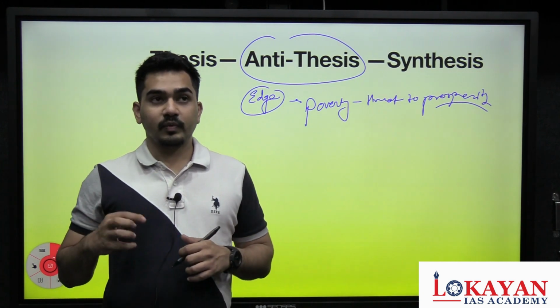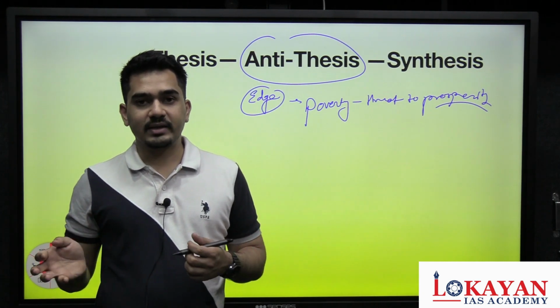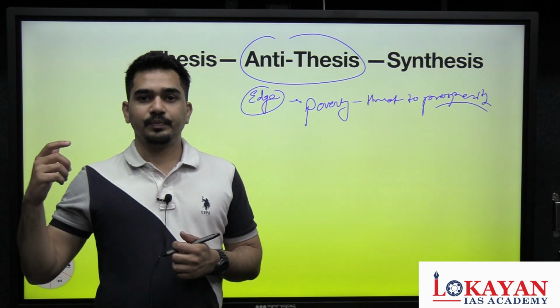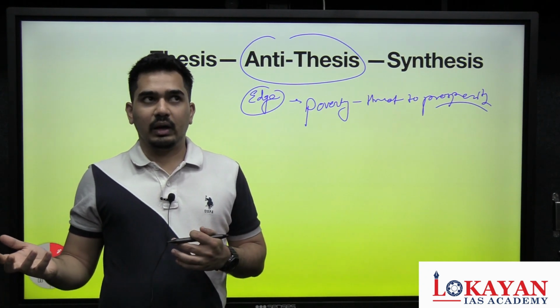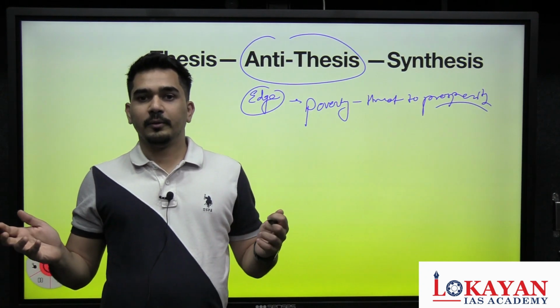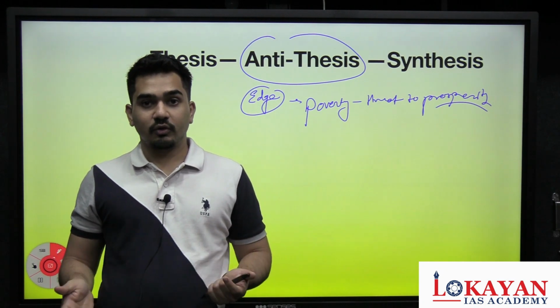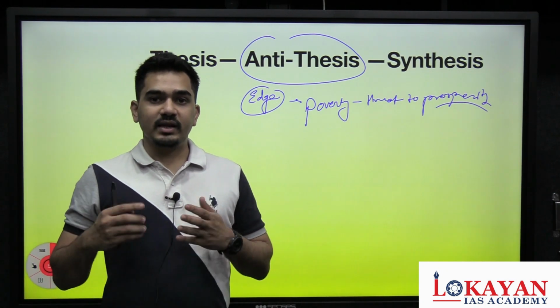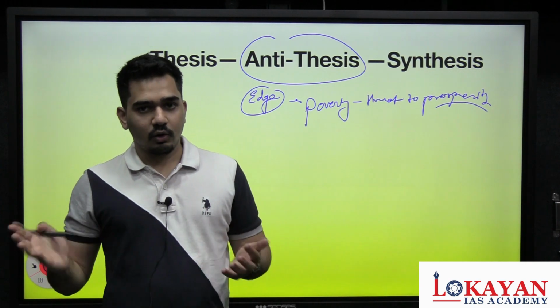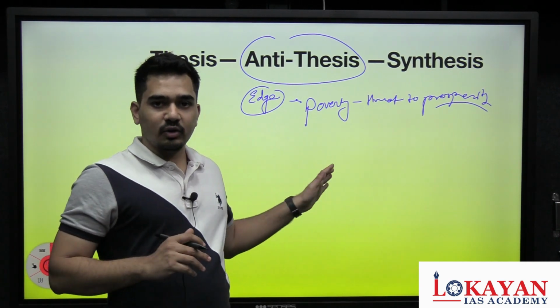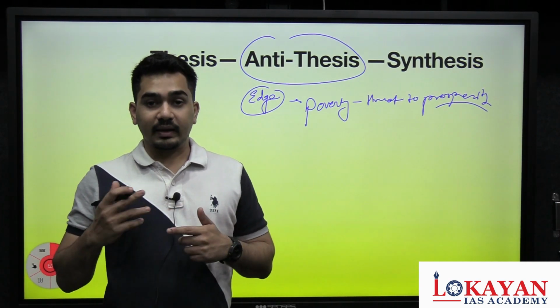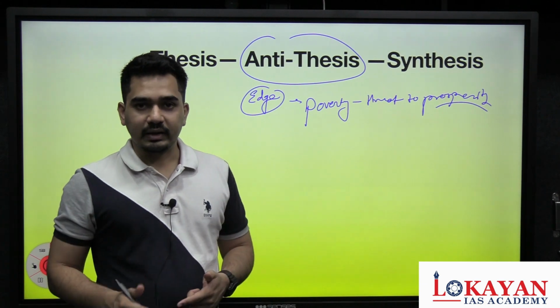Now the classic example, right? Classic economic example, where you give, let's say, 1 lakh rupees to all the poor in the country. Will that solve poverty? No, it won't. There will still be a lot of poor because inflation will rise and all of those factors. But that we need not discuss here. Okay, but this is how you will build your antithesis.